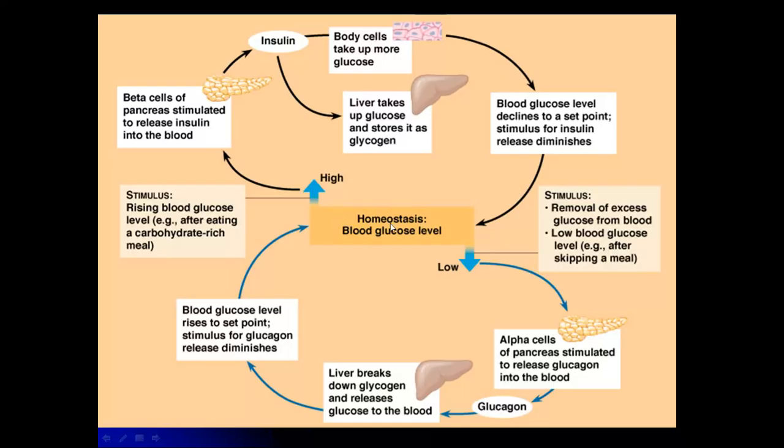And that's what your body wants, narrow limits. So if the level of sugar drops too low, then the stimulus is to remove glucose from the liver and from the muscles, and you need the hormone glucagon stimulated, which is going to stimulate the liver to break down glycogen to release glucose. So you can follow the diagram. The black is for when you have increased sugar, and the blue is for when you have low sugar. High sugar, low sugar. And that is going to end